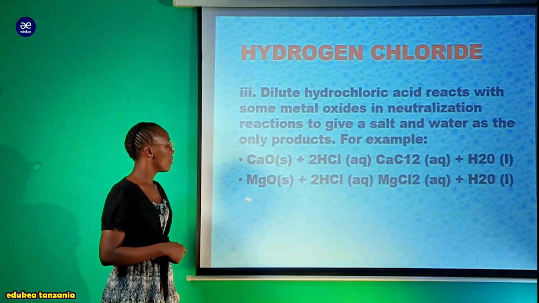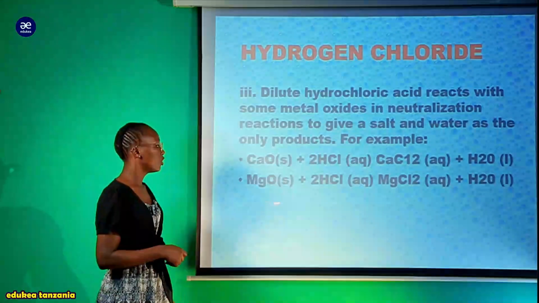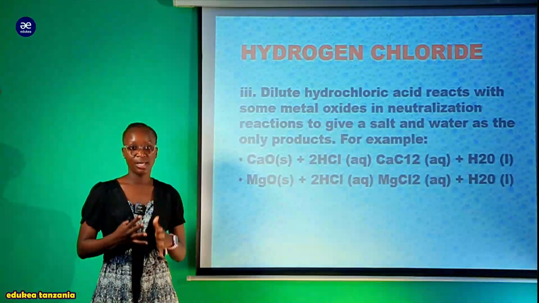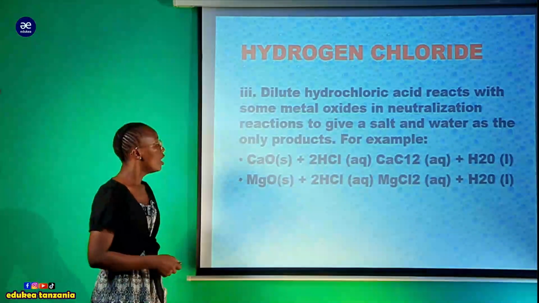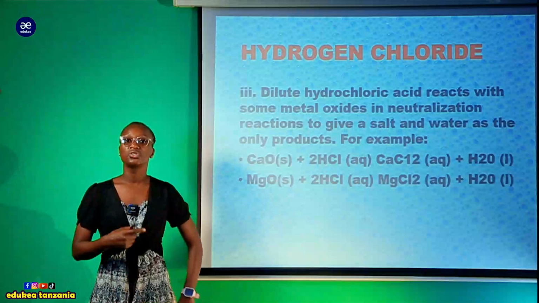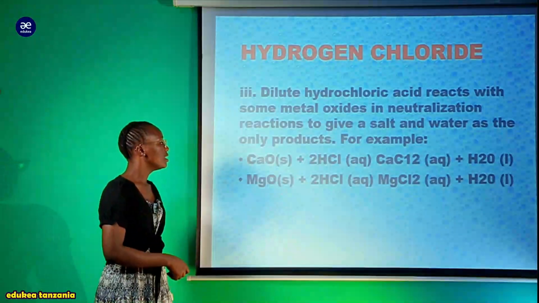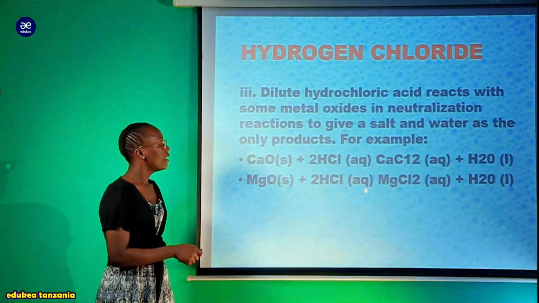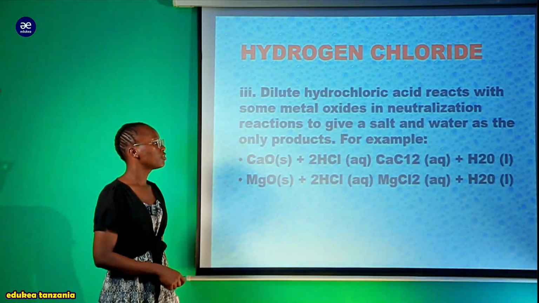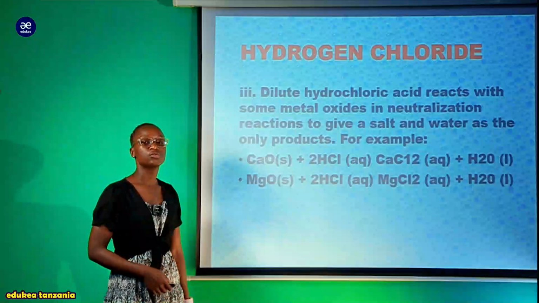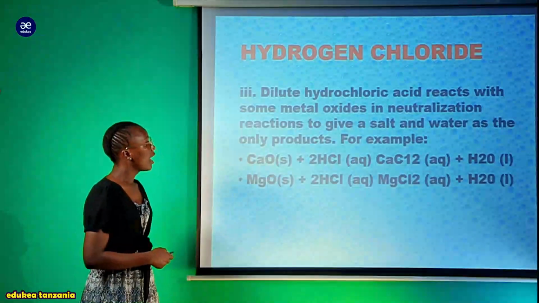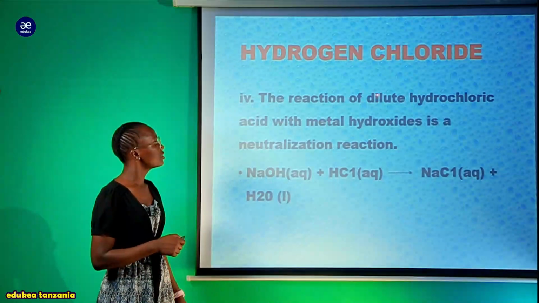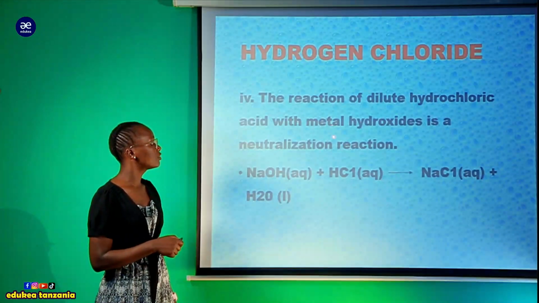Also, we have the magnesium oxide. This is a metal oxide, and once it reacts with hydrochloric acid, we are going to have the same product which is salt and water. So the reaction involved here is neutralization reaction. So this is base, this is acid. Now, but it is dilute acid. Now we are going to have the salt of magnesium chloride, as well as we are going to have the water molecule. Another chemical property of hydrochloric acid is that the reaction of dilute hydrochloric acid with metal